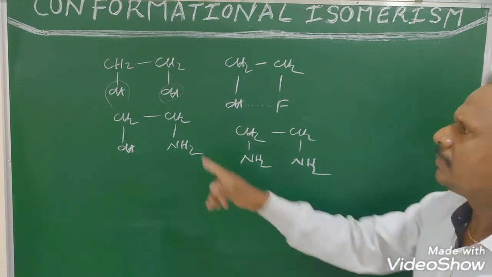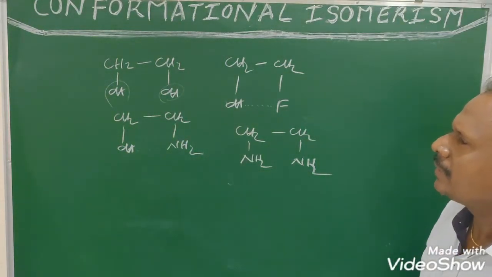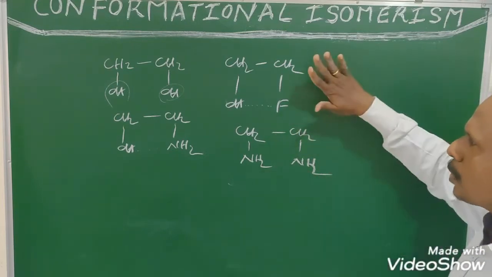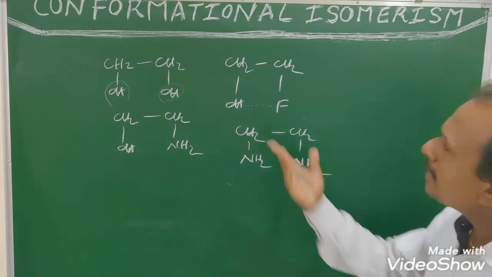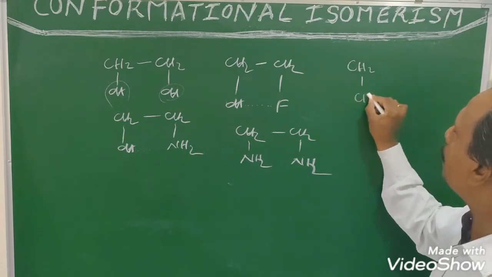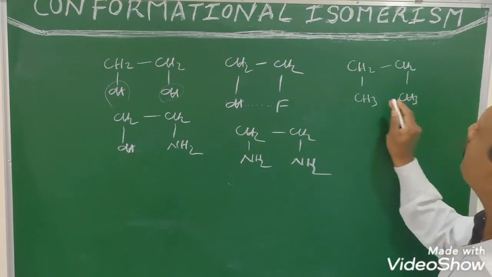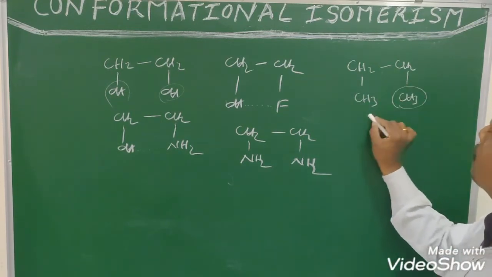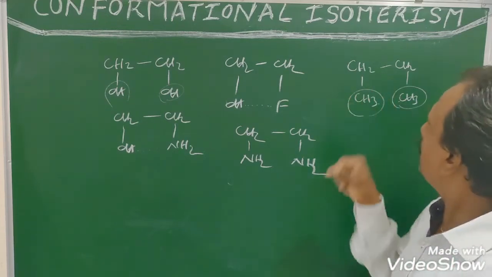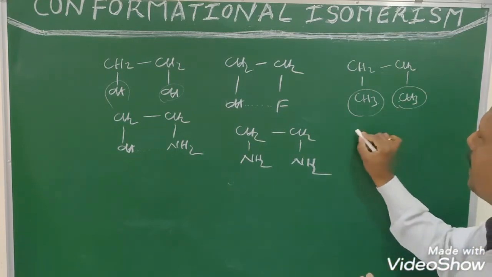The conclusion is, if the two groups have the ability to form intramolecular hydrogen bonding, then the stability order changes slightly. Gauche is more stable than anti. But butane is considered a derivative of ethane, for simplicity, where these two groups are methyl groups. There is no H bonding ability. So among the four conformations of n-butane, the more stable one is anti. After anti, Gauche.